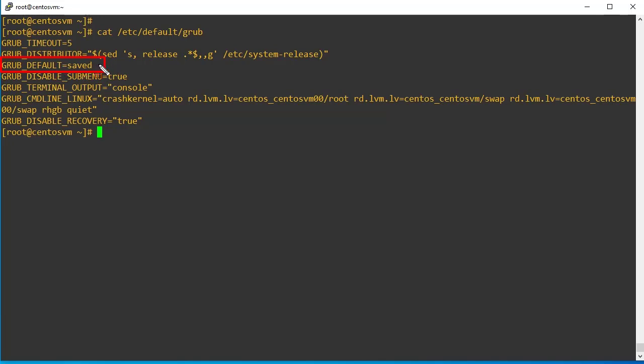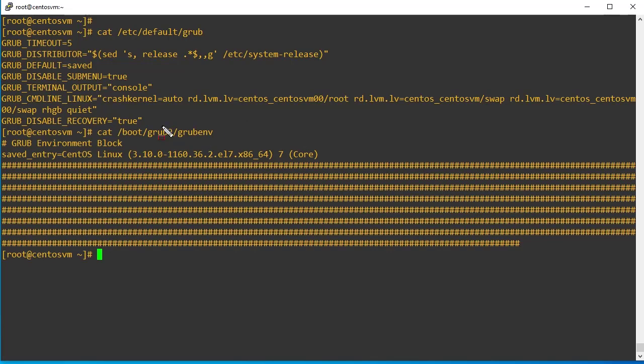The second important file is the /boot/grub2/grubenv file. This is the grub2 environment file. Using these settings, it is clearly instructing the bootloader to boot the system with whatever entry is saved in the environment file. Because of this entry, on every reboot my system boots with the latest kernel. In this technical video, we are going to change this saved entry and boot up the system with the old kernel.